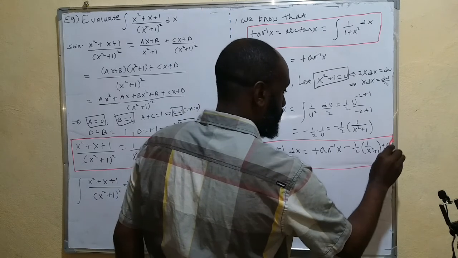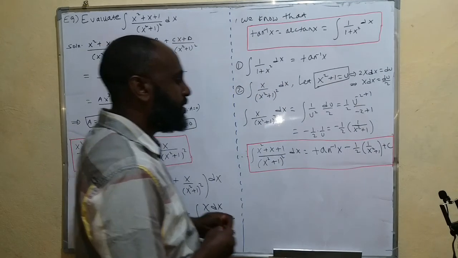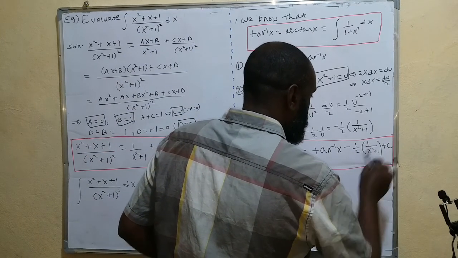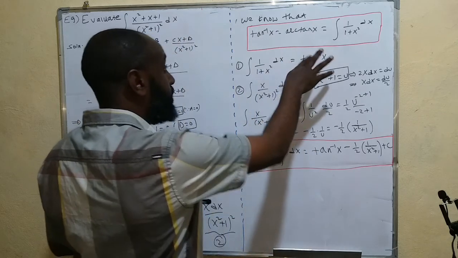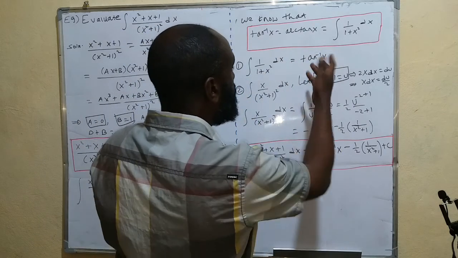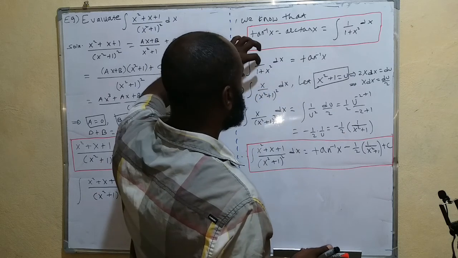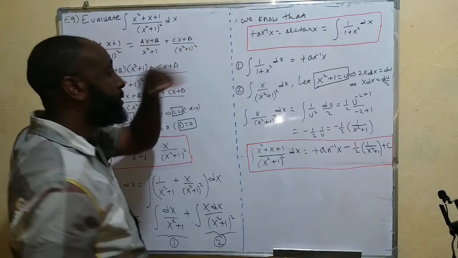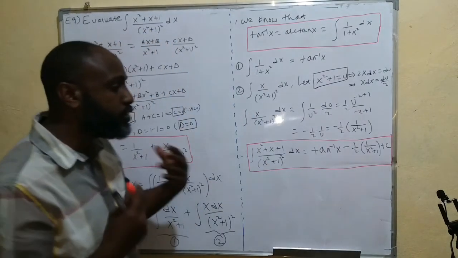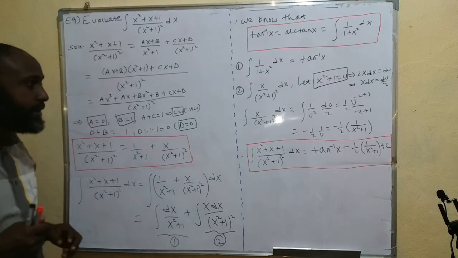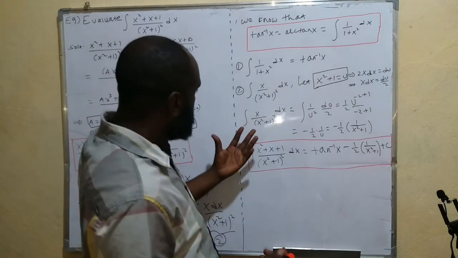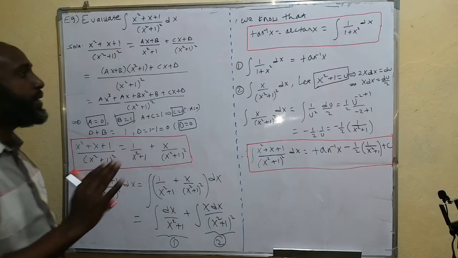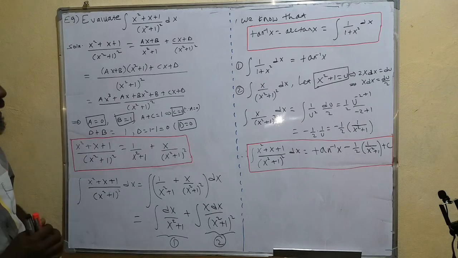So with this we complete our today's class. What you need to be reminded of is that for this particular question, we have used this: tan inverse x is equal to this one. Therefore, you need to know what happens for sine inverse x in terms of integral, cos inverse x, sec inverse x, cosec inverse x. Those results should be memorized. Otherwise, it is simple. It's a matter of substituting and decomposing it properly so that things will be okay.